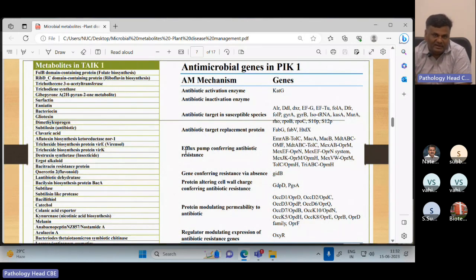We have already developed a very good formulation, of course with a private company collaboration. We have developed a lipid-based bioformulation for this particular organism, both liquid and solid. This is going up very well. Next year, we will be commercializing this. We have already applied, and we are going to register this as a biocontrol agent, not only as a growth promoter. Normally, biocontrol agents are registered as growth promoters, but we are going to register this as a biocontrol agent only. We need certain toxicology studies, which we are doing with the help of a partner company.